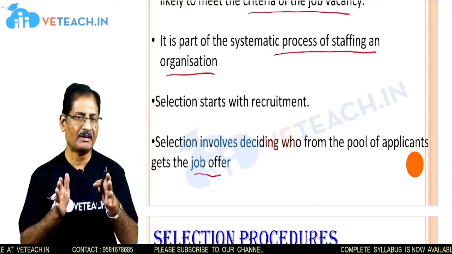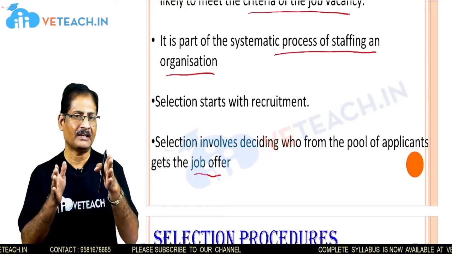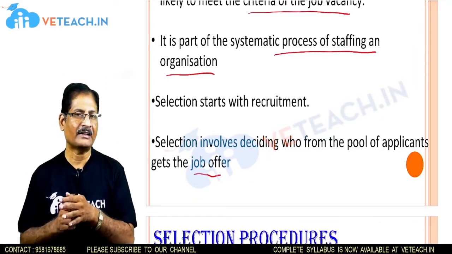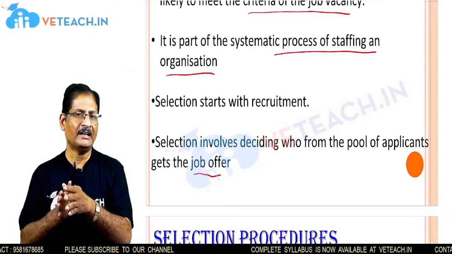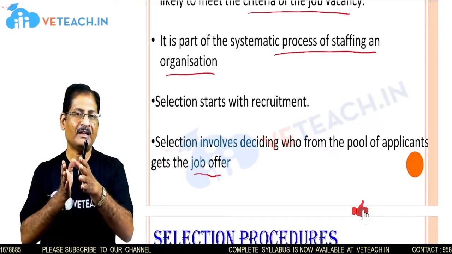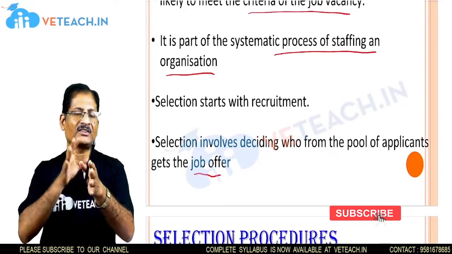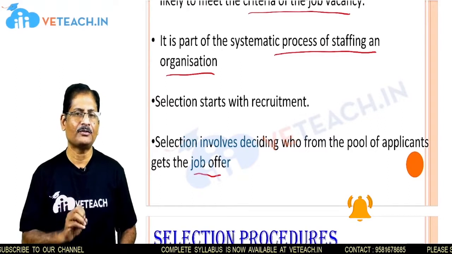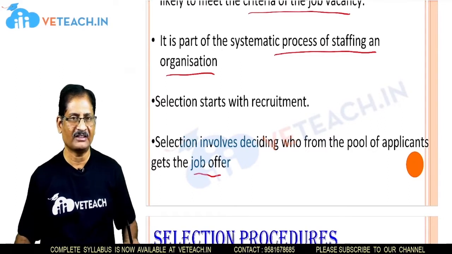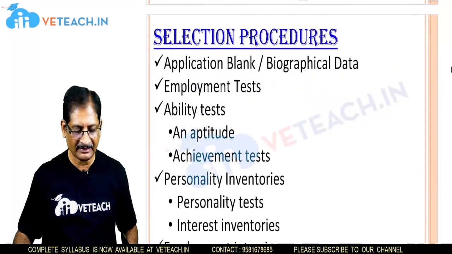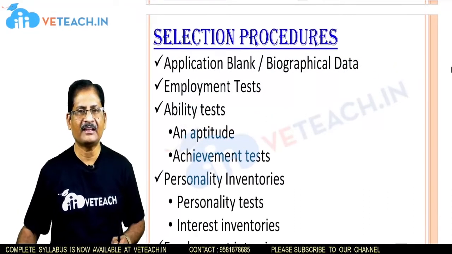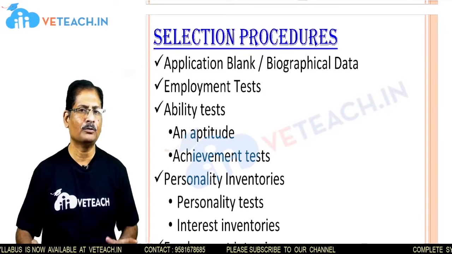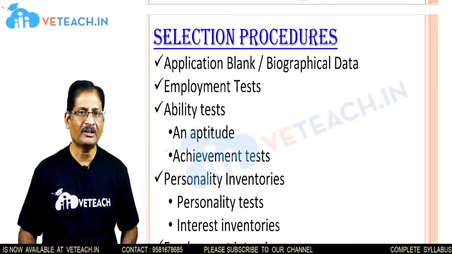So in the recruitment, one way we say it is a positive activity where we are inviting the applicants, whereas selection is a negative kind of activity where it is eliminating the non-performing or the unqualified candidates from the process and identifying only the right candidates who, as per the job vacancy, will be selected into the organization. So this is the selection activity. Here in the selection procedure, there are various steps that we practice to identify the right candidate from the pool of candidates who have applied during the recruitment process.